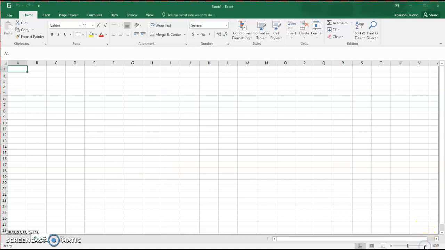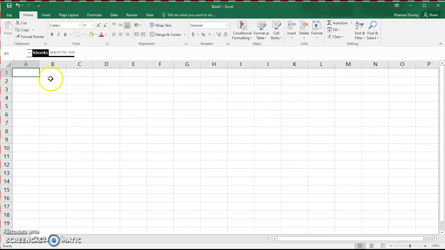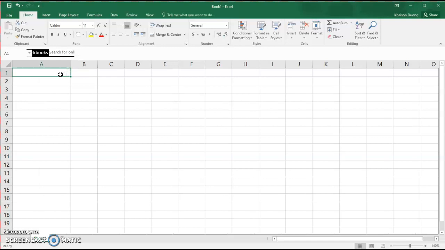I'll zoom in a little bit, just to make things a bit bigger. And I want to show you something here, that when I enter certain types of data, for example, text and numbers, and perhaps dates,